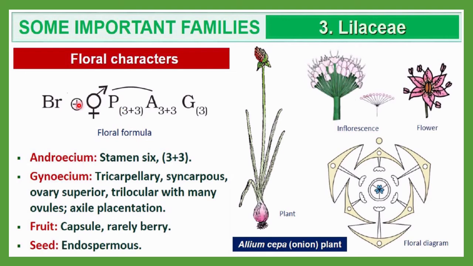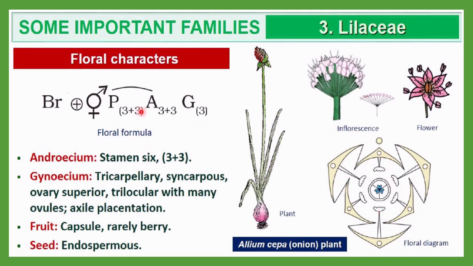Now you can see more floral characters. This is a bracteate flower, with an actinomorphic structure, and it is a bisexual flower. Here the tepals are indicated, and the anthers are connected with the tepals, like this. This is the anther and this is the tepal, and both are connected with each other, which is why a link is given here. A indicates the androecium, P indicates the perianth. The members of the perianth and the androecium are both connected or linked with each other, and as these perianth tepals are in two circles, the link is also shown in two circles.